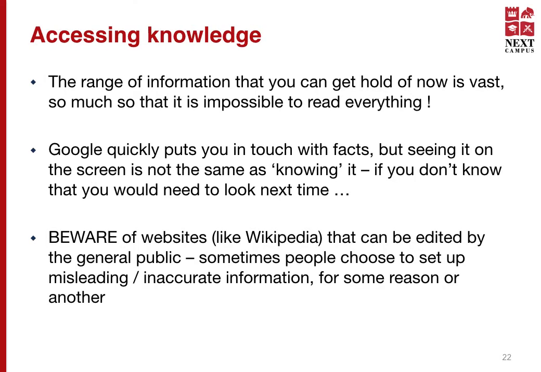And how can you? There is so much information out there. Google will give you everything you need. But of course, remember, just reading it on the screen is not the same as knowing it. And now you know that just because you read something on Google doesn't mean that it's true. You have to cross-check it with what other sources have provided. It is better to avoid websites such as Wikipedia because these can be edited by the public. So when you're writing assignments, do not use Wikipedia as a source.